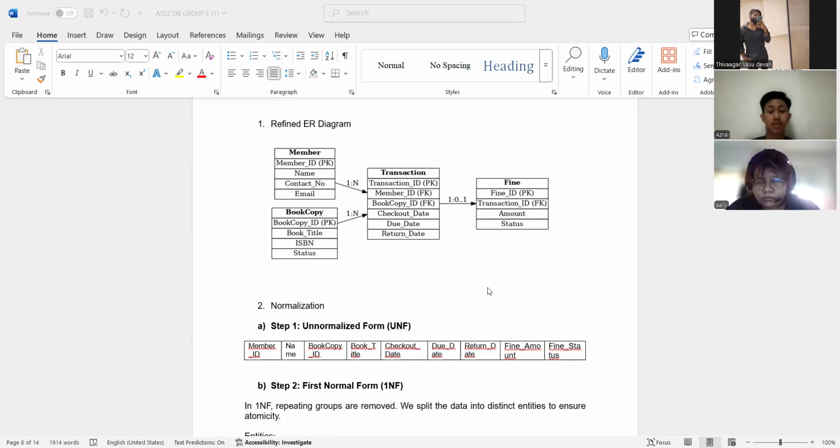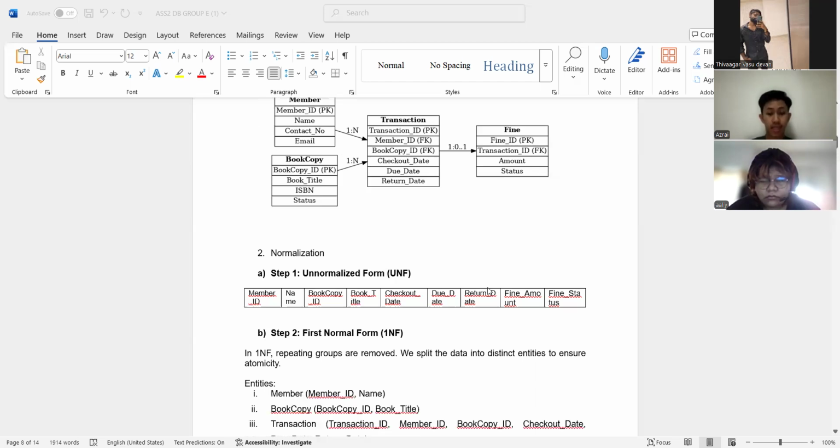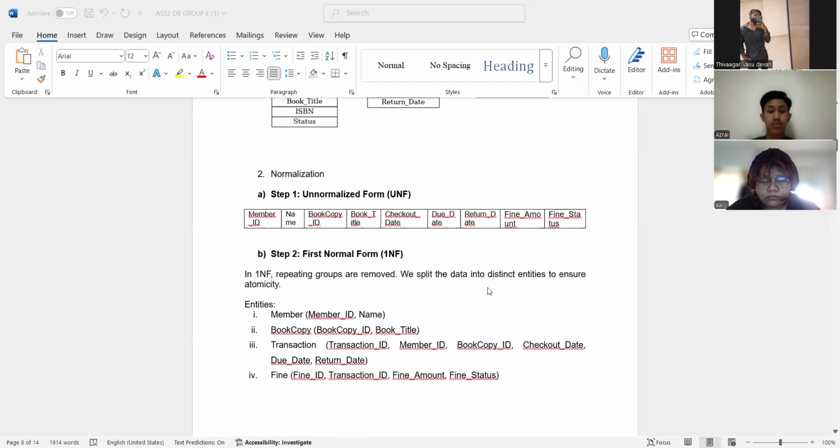and also status. So the third one is transaction, which records each borrowing or return with attributes like checkout date, due date, and also return date, and it links both the member and the book copy involved. So the fourth one is the fine which is generated if the book is returned late, and it includes the